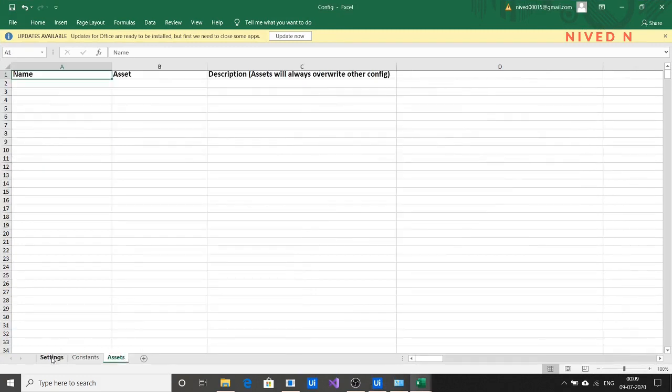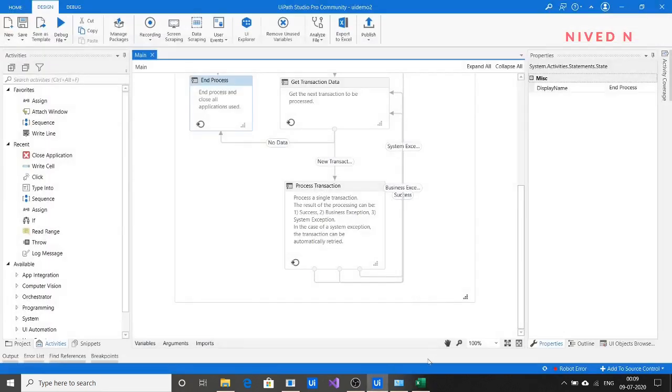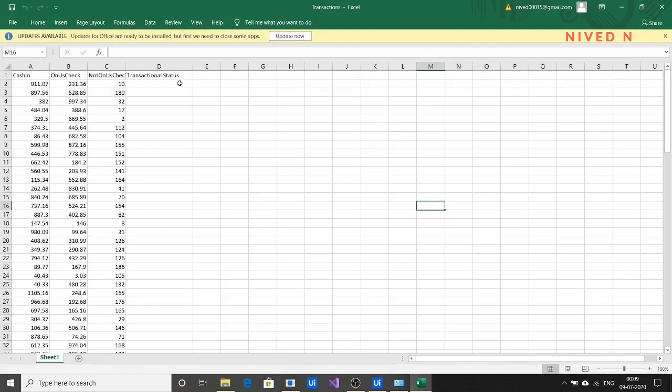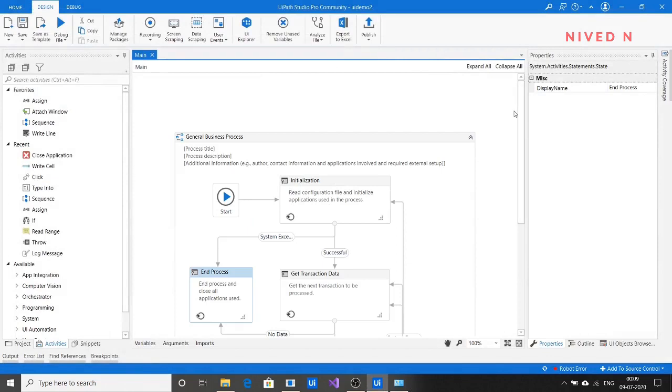I can check whether everything I have typed is correct or not before running the application. So it's correct. Transaction status. Okay, it is correct.